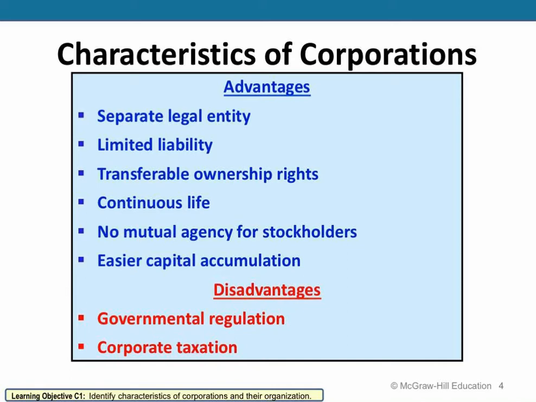The disadvantage is going to be, the second one, talk about the second one first here, corporate taxation. So corporations are going to get something called double taxation, to where once money is earned by the venture, if it was earned by one of those owners in our privately held corporations, they would be taxed on it for their income, but that would be the be-all and end-all of it for the taxation. You've gone out, you've earned a certain amount of money, you're going to be subjected to tax, and then you pay that tax. Here, by doing it through a corporate structure, the corporation is going to be taxed on the